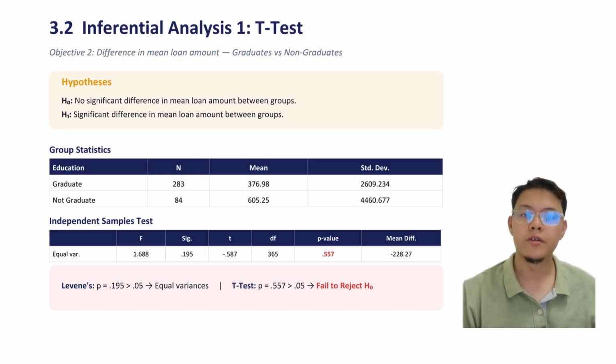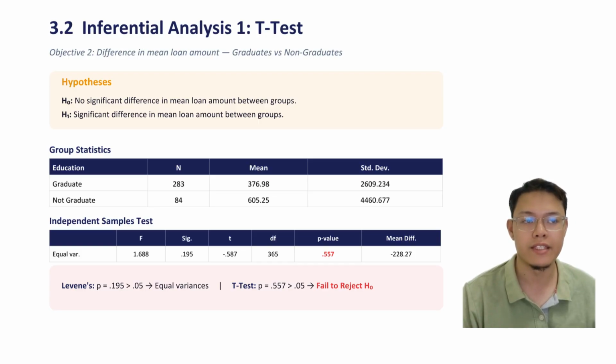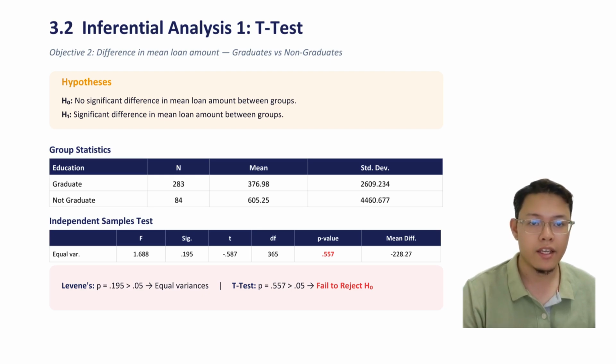Okay, thank you, Husna. I will now present the inferential analysis for Objective 2 and 3. For Objective 2, we conducted an independent sample t-test to determine if there is a significant difference in the mean loan amount between graduates and non-graduates. Our null hypothesis H0 states that there is no significant difference, while the alternative hypothesis H1 states that there is